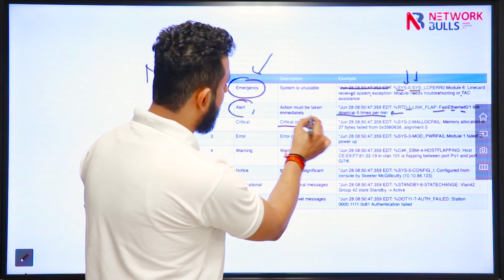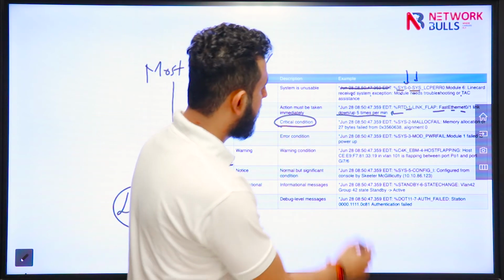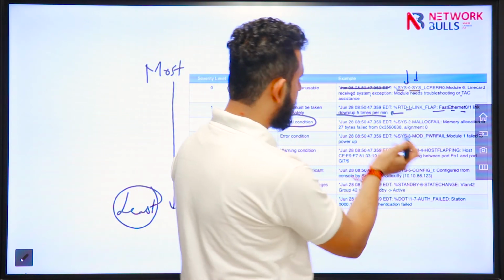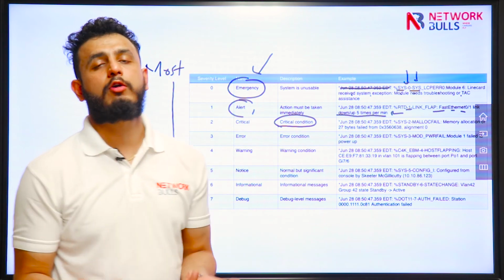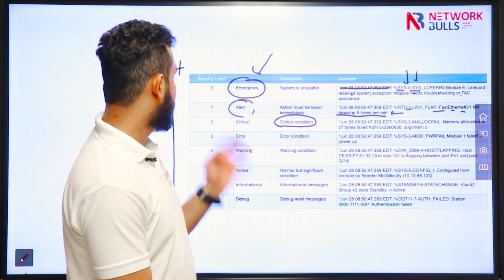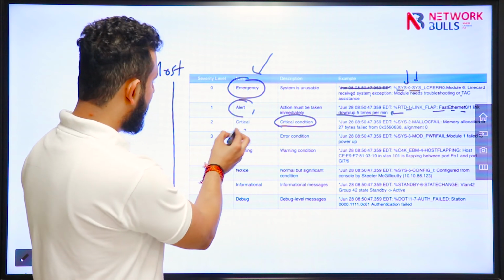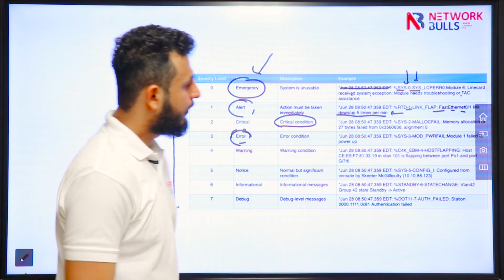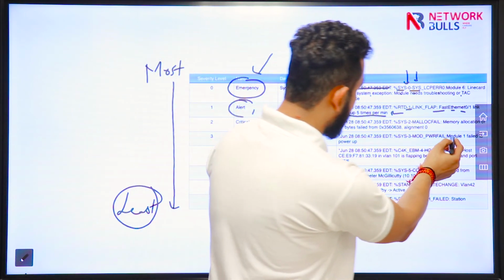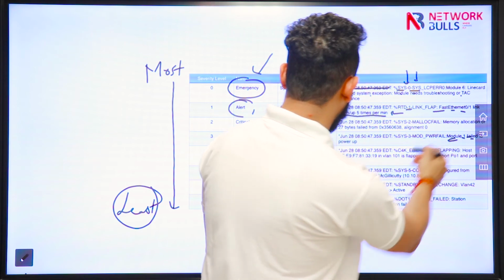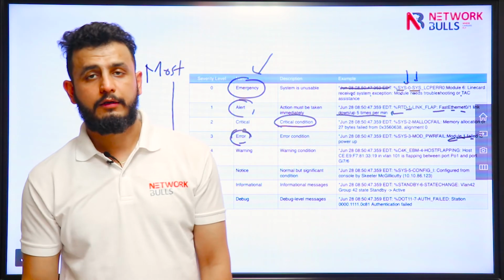After that we have critical condition, like a memory allocation problem. Whenever you have a memory allocation problem on the device, the severity level used by the device will be 2. After that we have error condition. It is saying that some module which is present on the device has failed.